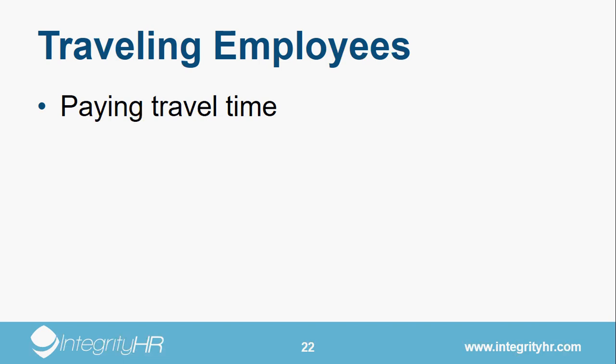Let's say Amy's normal commute to Louisville is a half hour. When she commutes to Lexington for that day, it's actually an hour. Well, what the law allows you to do is to actually deduct that normal commute time. So Amy would only be paid for that extra half hour of travel because it assumes that Amy normally travels a half hour to work in the morning, and because she's going to Lexington and that added another half hour, so it's total commute time of an hour, you don't actually have to pay her for that complete hour because her normal commute is a half hour. Does that make sense? Yeah.